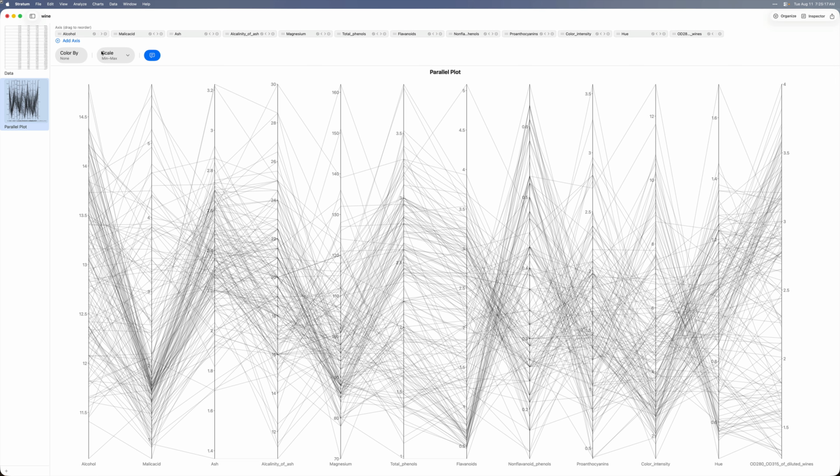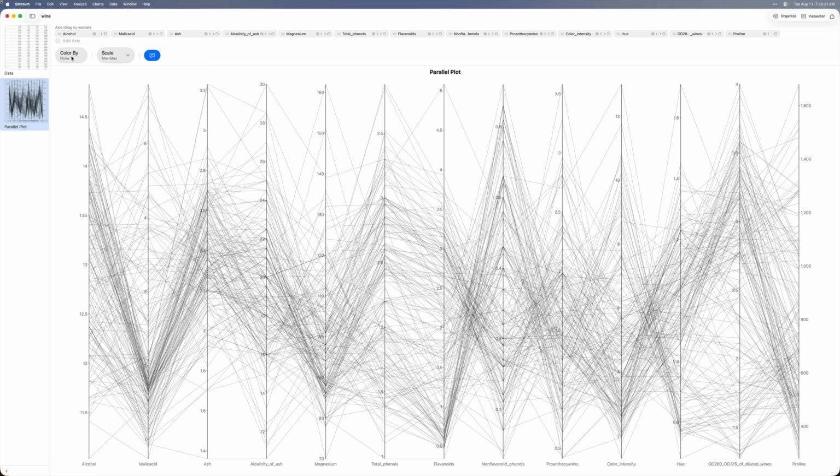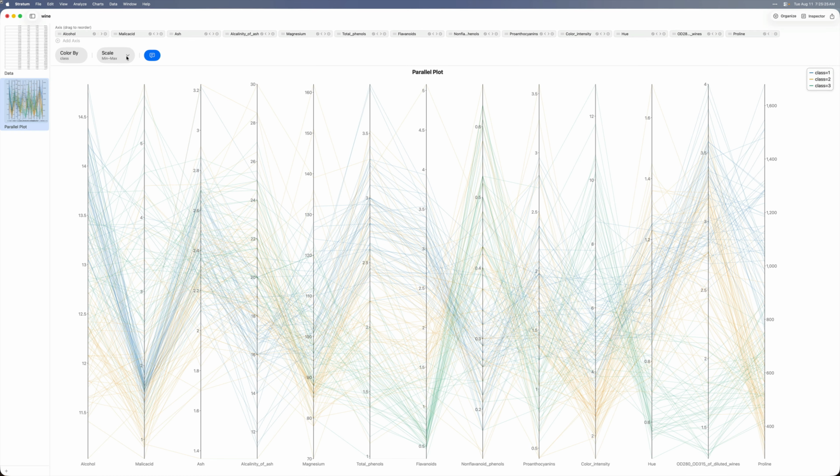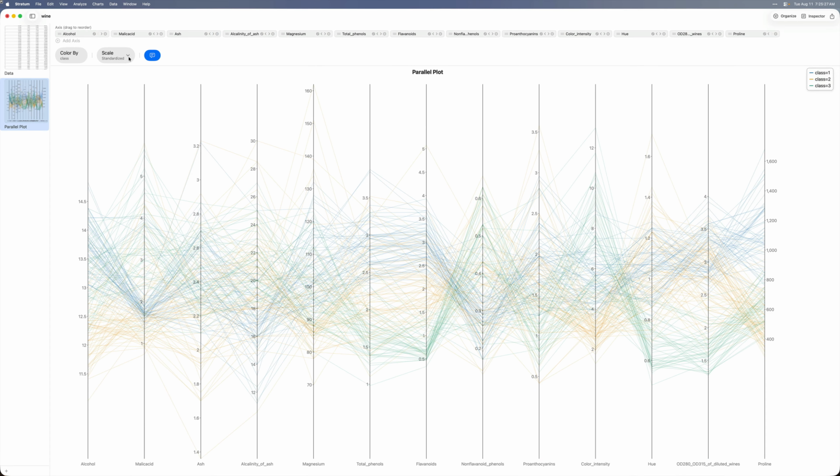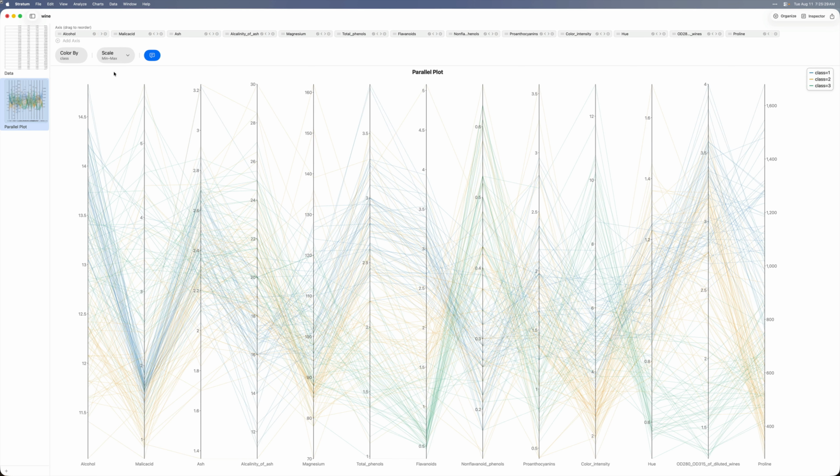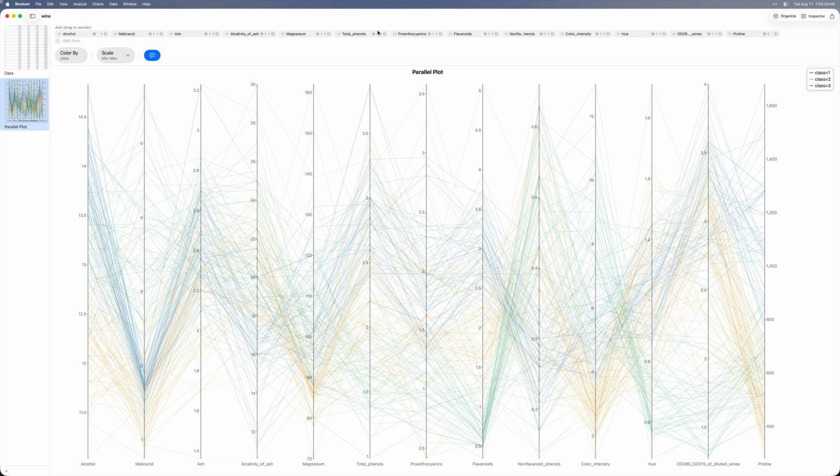It stands the variables up as a row of axes, side by side, and draws each line as a line threading across all 13. Each axis is scaled to its own range, so a variable in the hundreds and one in fractions sit happily together. Color by cultivar and look for banding. Where one type sweeps high while another sweeps low, that variable tells the types apart. It's powerful, but 178 lines over 13 axes gets busy, which is exactly why we now reach for principal component